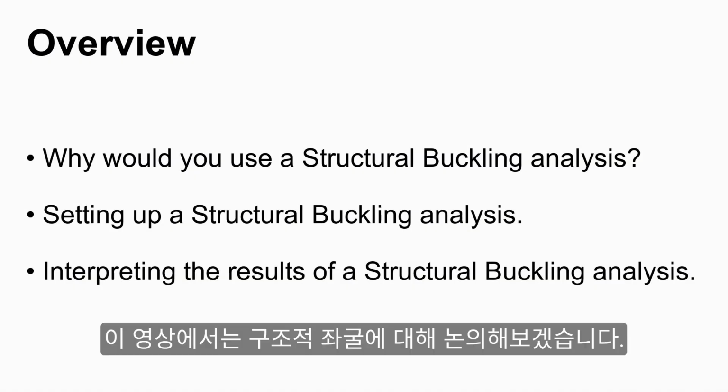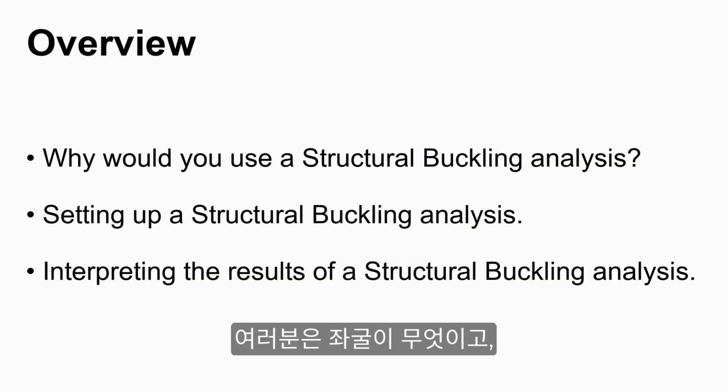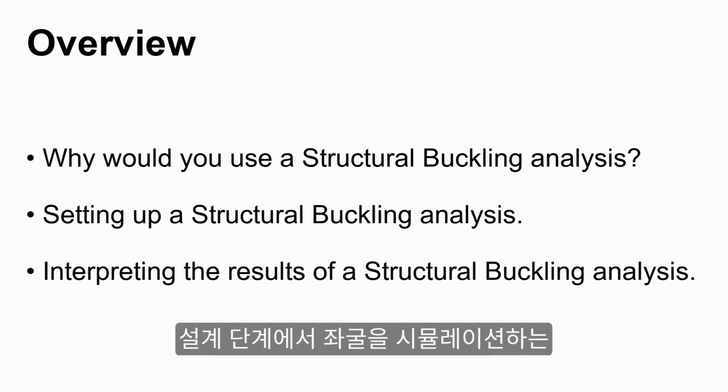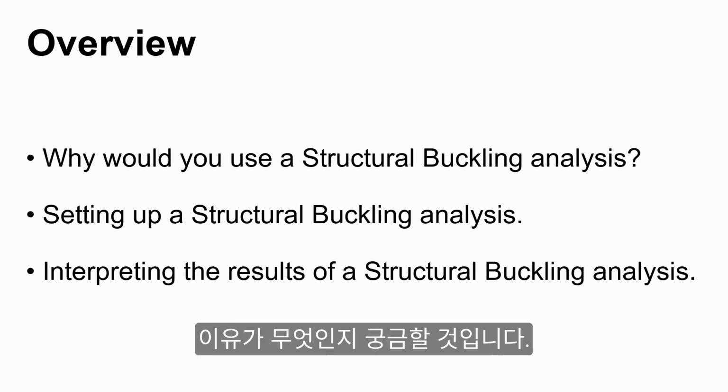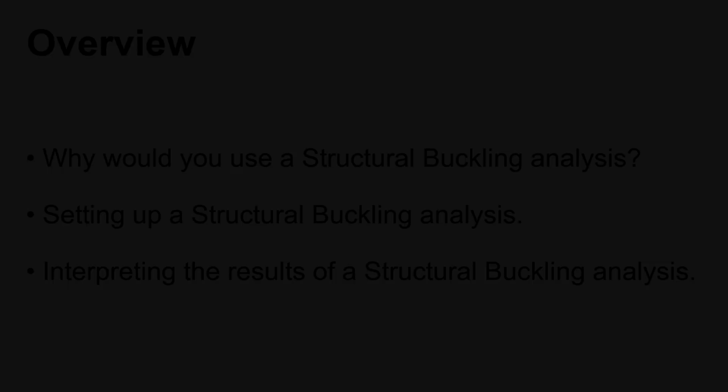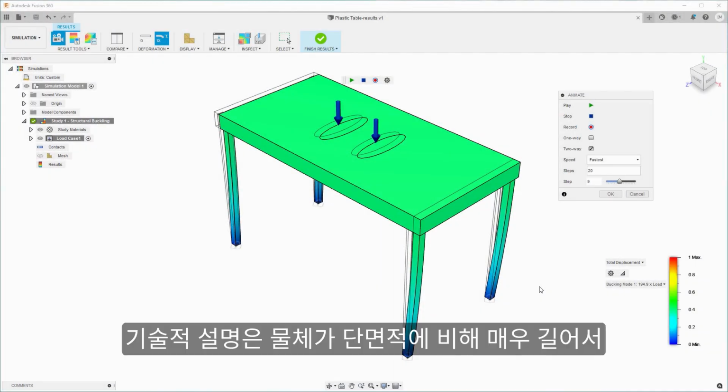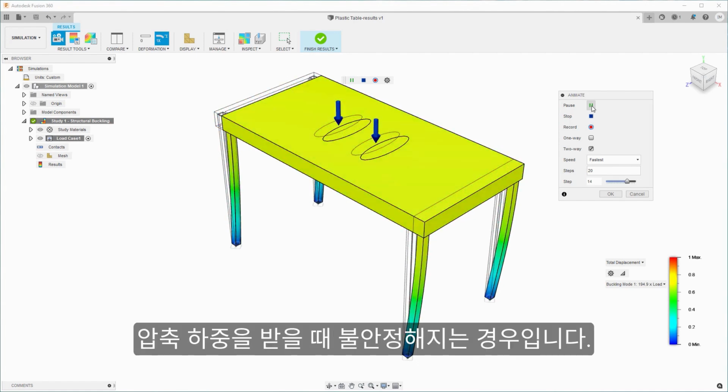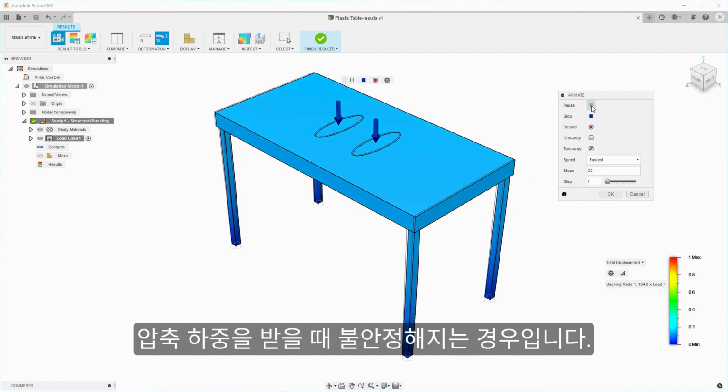In this video, we will discuss structural buckling. You may be wondering what buckling is and why simulate it during the design phase. The technical explanation is when an object is very long in comparison to its cross-sectional area and becomes unstable under